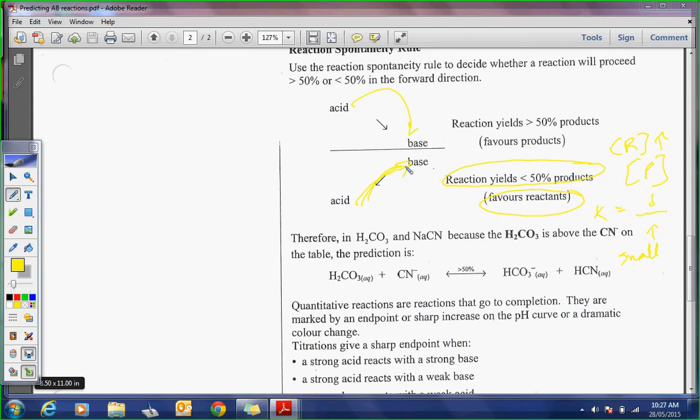Yes? Could you also say the reaction goes to the left? Favoring the reactants, left? So yes, the left. No, not shifts to the left, because you're not shifting the equilibrium. You're not imposing a stress on the system and causing it to shift. But you would say it lies to the left. Okay? Not shifts to the left, but lies to the left. So this is different than